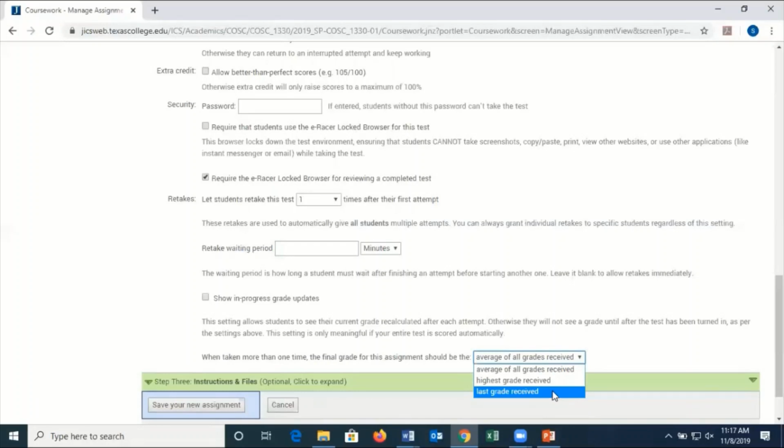Sometimes students want to come and retake a test because they are hoping that they will make a higher score. You may decide that you want the last grade, not the highest score. If they're coming to take the test, they know that whatever the outcome of the second attempt, that's going to be their grade. But if you want the highest grade to be the score recorded, then of course you select highest score. I usually leave it as highest grade because